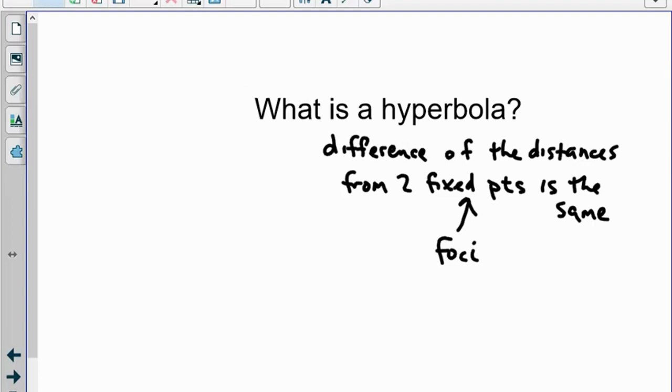distances from two fixed points being the same, and it was the set of all of those points. In a hyperbola, it's the difference of the distances from two fixed points. The fixed points we still call focus points. And so what we're looking at is if we have two focus points,